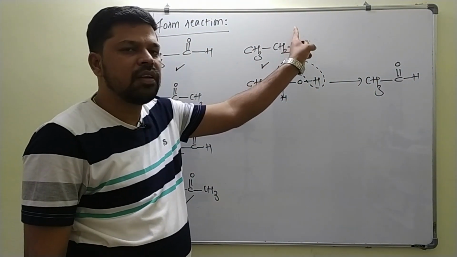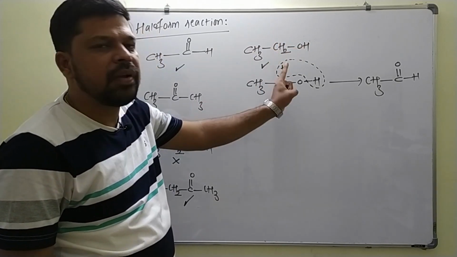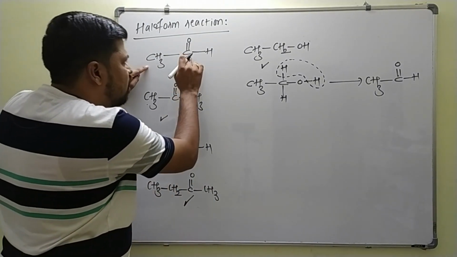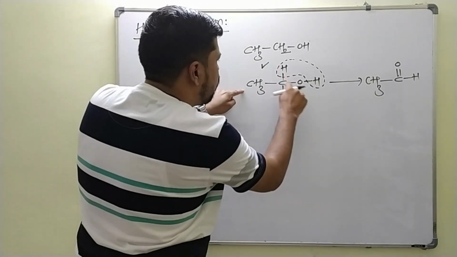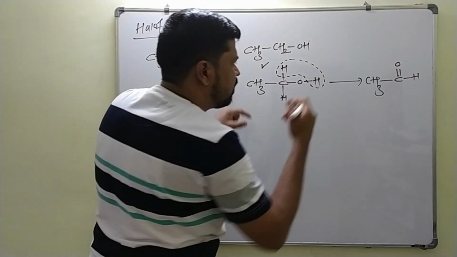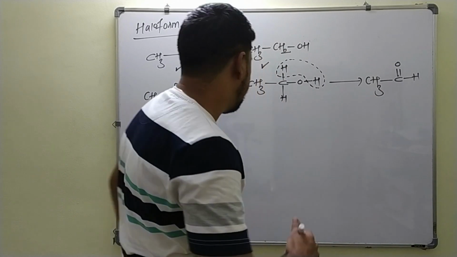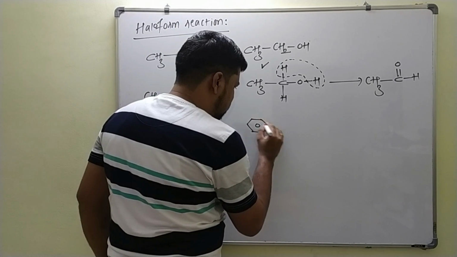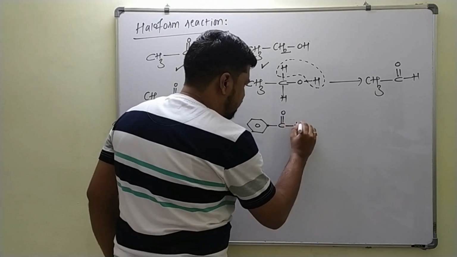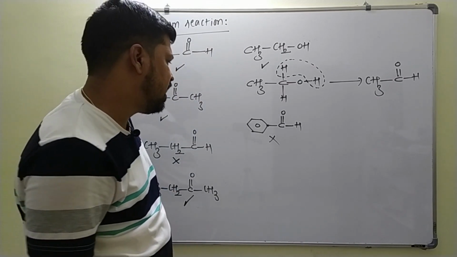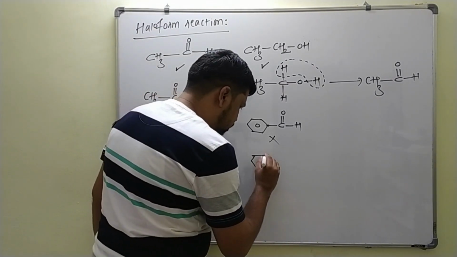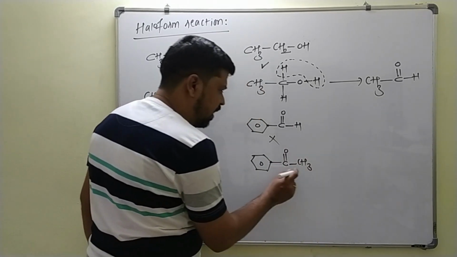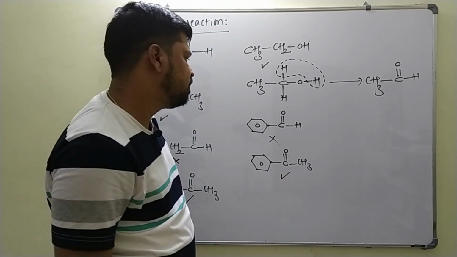So this will undergo haloform reaction, because haloform reaction is used to identify the groups where methyl groups are directly connected to the carbonyl group, or CH3 CHOH, because this group again is converted to CH3 C double bond O. Next, if I take benzaldehyde like this, here no methyl group is connected to the carbonyl group, it will not undergo haloform reaction. Suppose if you take acetophenone, a methyl group is connected to the carbonyl group, it will undergo haloform reaction.